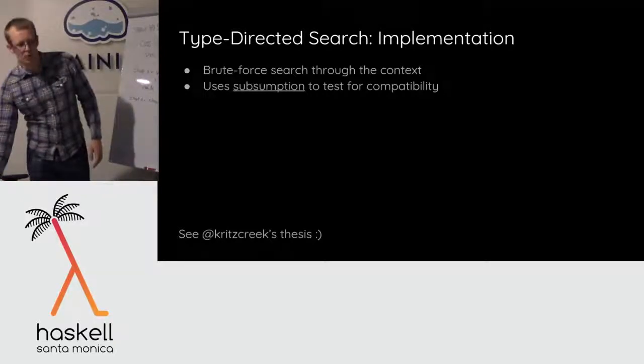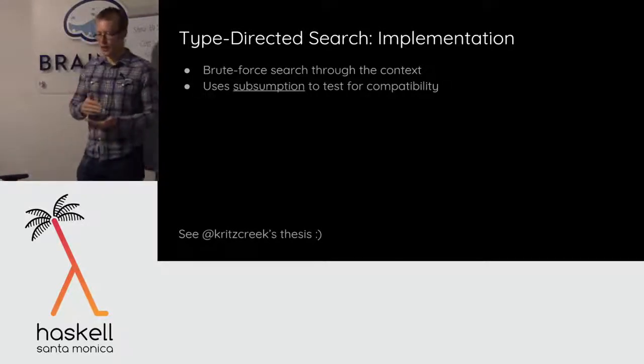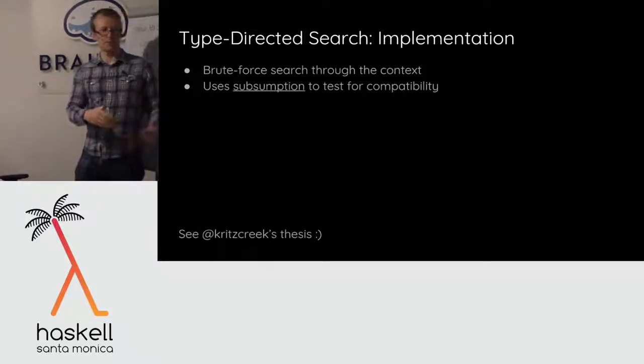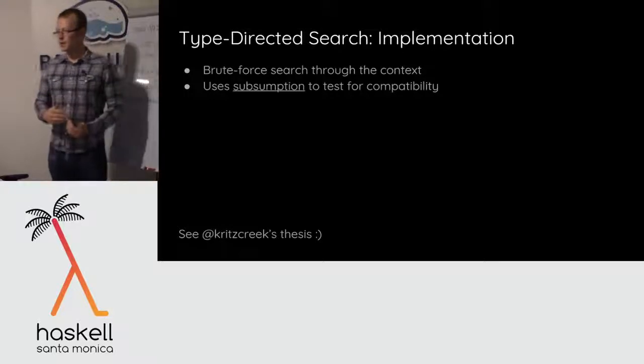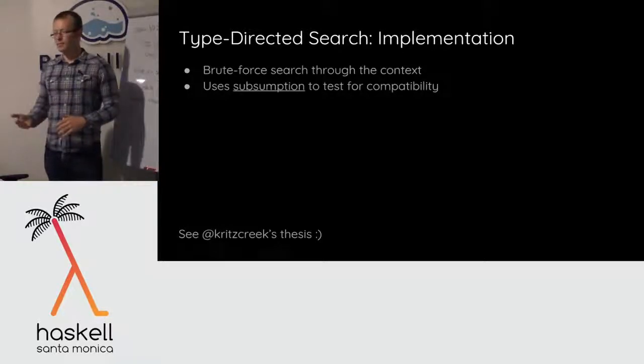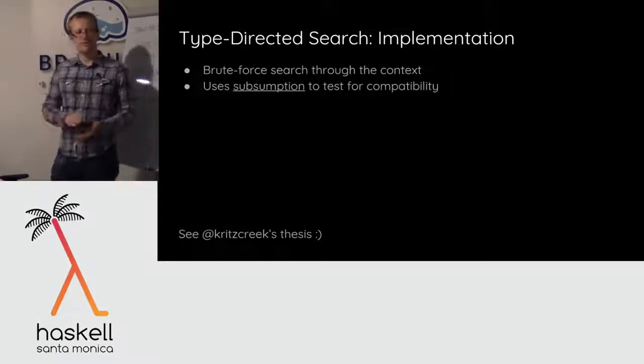So crucially, what we don't do is try and find every generalization of a type and test it for equality. That's what the subsumption judgment does. It says, is this type more general than this other one? But I don't have to guess the more general... Does that make sense? Sorry. Kind of.